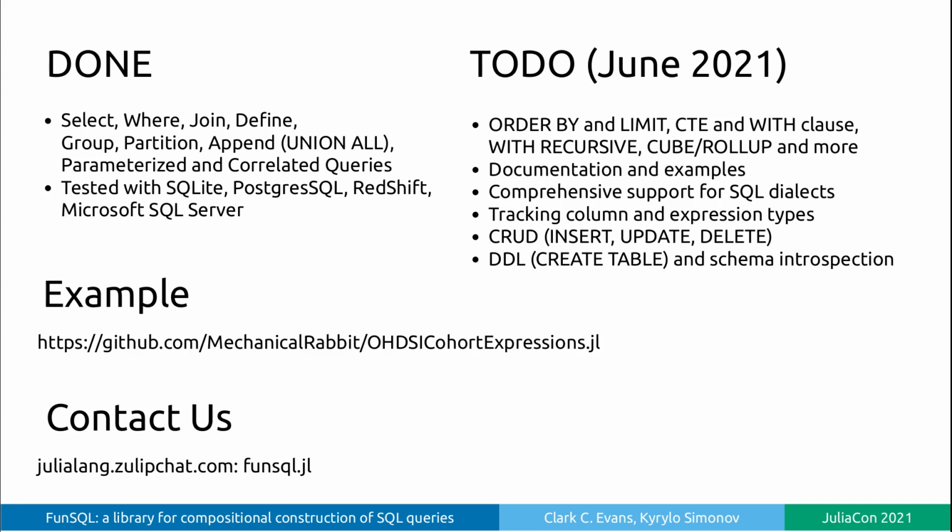On this slide, I listed the features of SQL which are already supported, as well as the to-do list ordered by priority. Although there are still many gaps in our coverage of SQL features, the implementation is robust enough so that I could recommend using FunSQL as long as it provides the features that you actually need. We used FunSQL with 3 database backends: Postgres, Amazon Redshift, and Microsoft SQL Server. Our initial focus was on the data retrieval capabilities of SQL. We want to expose all semantically meaningful features of the select statement while normalizing the differences between SQL dialects as much as possible. Eventually, we want to support data manipulation and data definition capabilities as well.